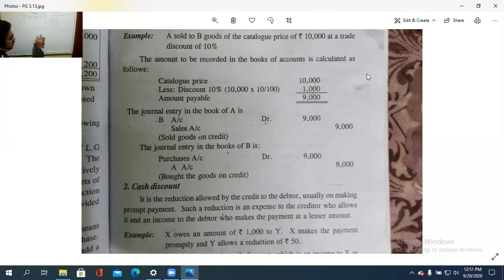So in such a case, who is purchasing the thing? B is purchasing the thing, isn't it? So B is getting the goods, and we are having a loss of the goods. But we are getting what? Money in a later period. So, sold goods on credit means what? B debtor, that is B is debited to sales account, and purchased goods on credit. Okay, so purchases account debtor